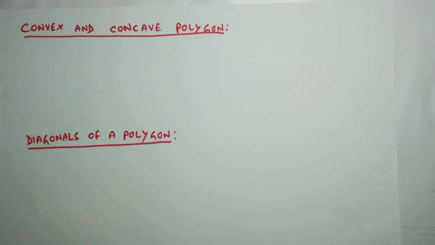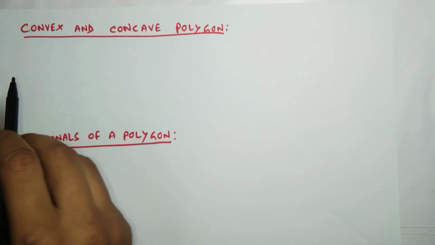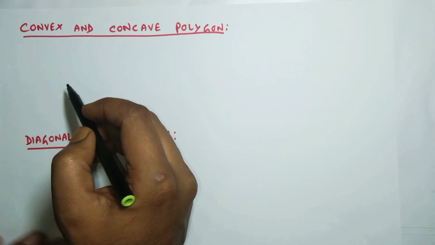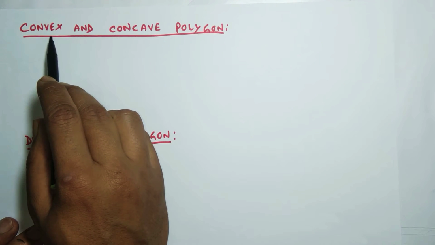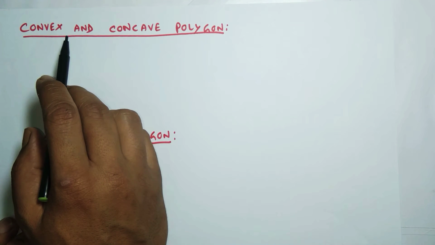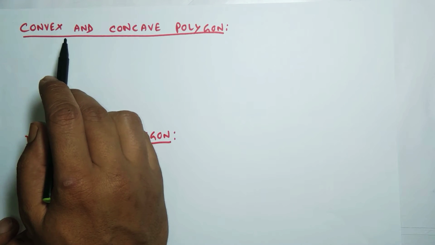Next topic, convex and concave polygons. Okay, convex and concave polygons. Done. Now, a polygon is said to be convex if all its interior angles are less than 180